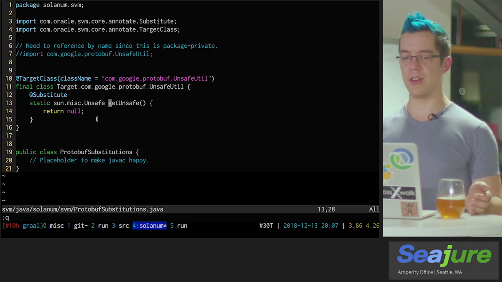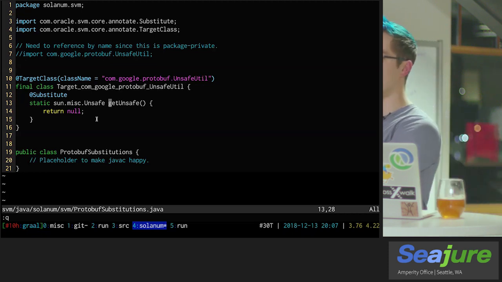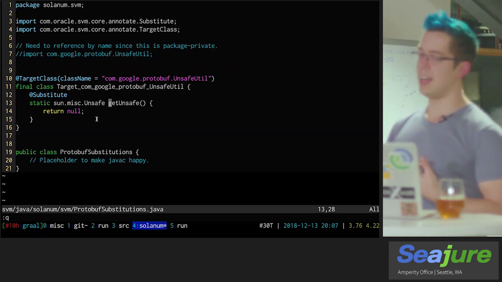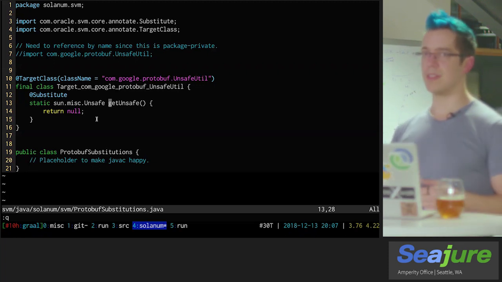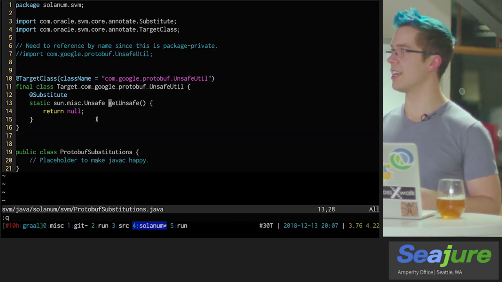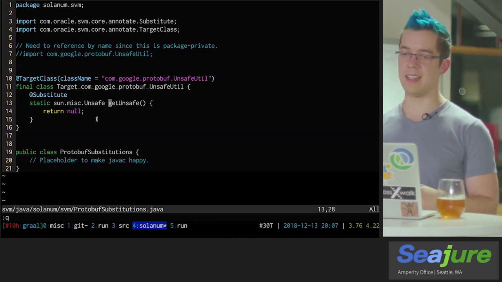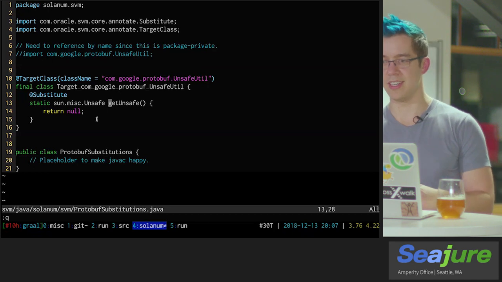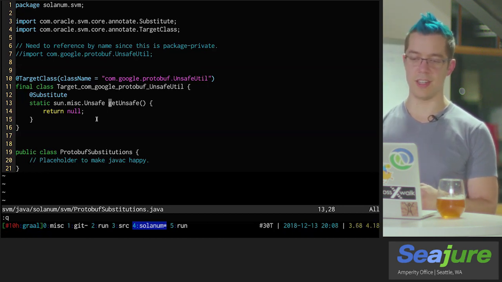So where necessary, you can also just plug in your own code into that third-party library. And again, ideally, this is something that would be fixed upstream, but since we don't always have control over the libraries we're using, it is useful to have a surgical knife to reach in and change just the functionality we need.